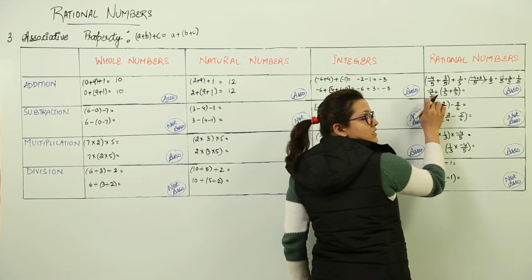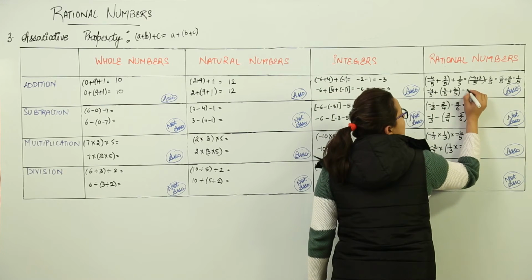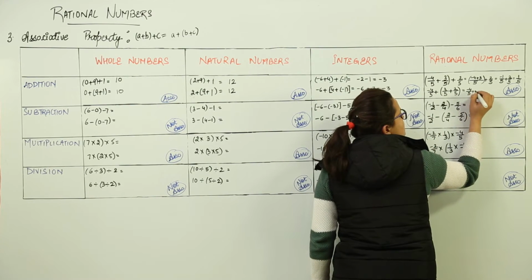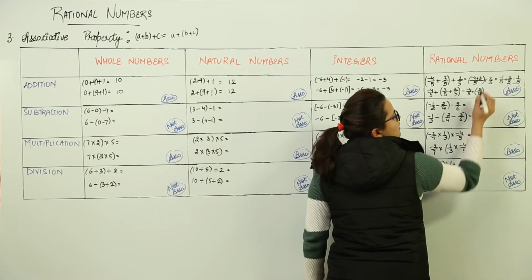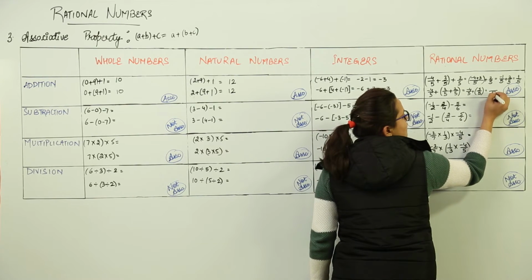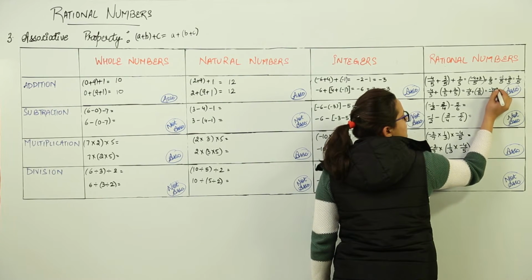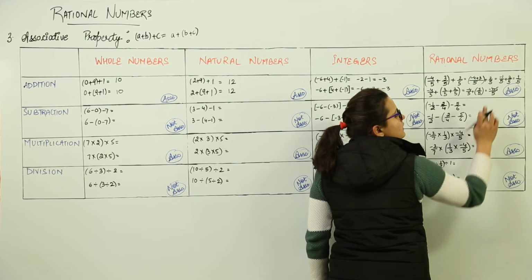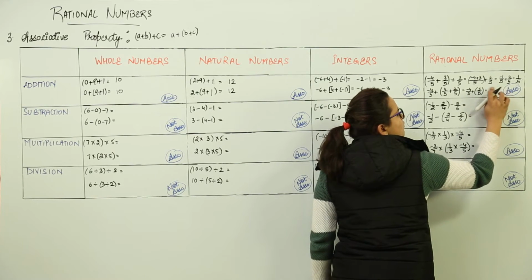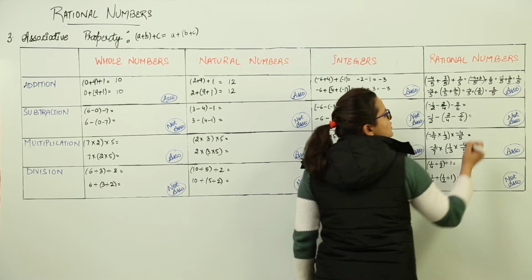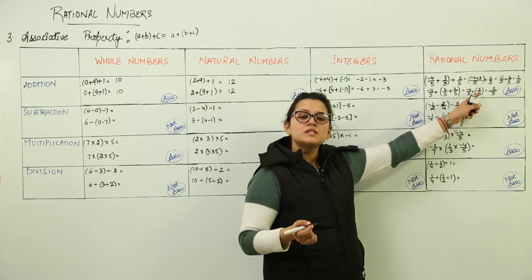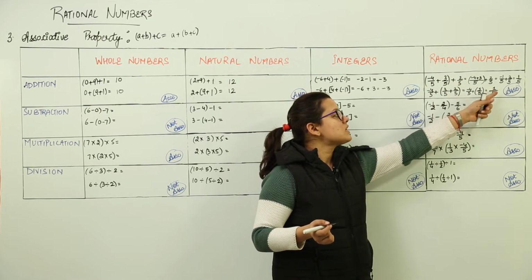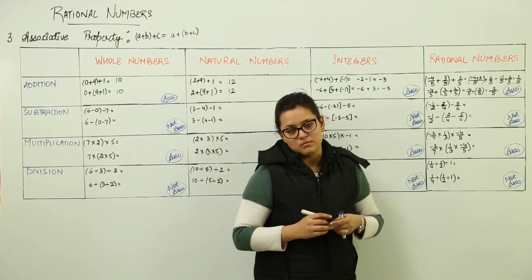Similarly, let us try its opposite order. Okay, you write minus 4 by 5 as it is. We do its addition directly. 3 plus 2 becomes 5 and 5 was the LCM. So we can say 5 comes out to be my LCM, minus 4 plus 5. What will be my answer again? Plus 1 upon 5. Yes, you can check your answer again. The 1 by 5 and 1 by 5. In both the cases, the answer remains the same. So, addition is associative for the case of rational numbers.